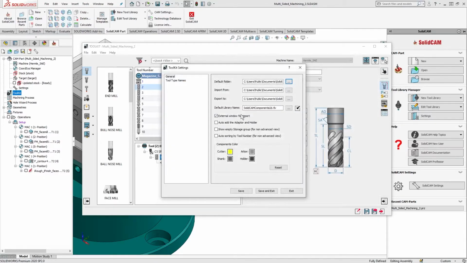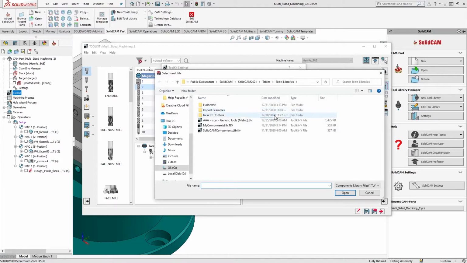Next, we have the default library name. This specifies the default tool components library that Toolkit uses to simplify tool assembly definitions, such as when adding adapters and holders. This is SolidCAM's predefined tool components library. It's included in the install and contains a wide range of standard and STL holders. If you've created a different tool components library that you'd like Toolkit to use instead, you can browse to and